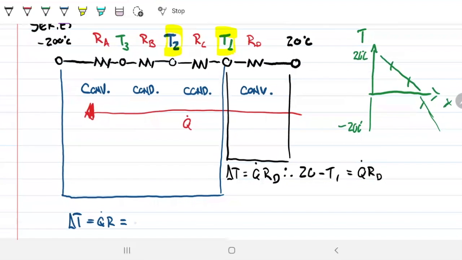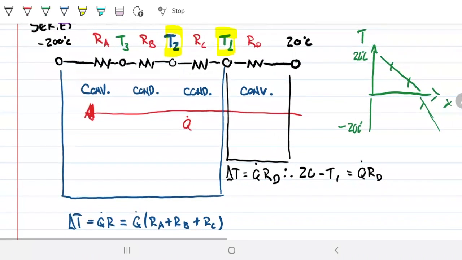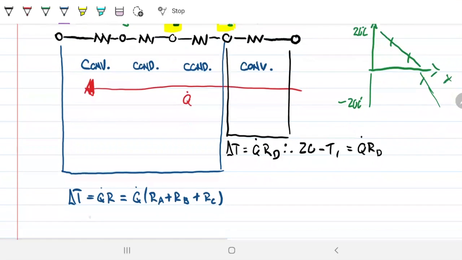So my delta T will be Q times RA plus RB plus RC. And what is that delta T? And watch out, because this is where a lot of you guys go wrong. Which one is greater? T2 has to be greater than minus 200. So it's going to be T2 minus 200 equals Q of RA